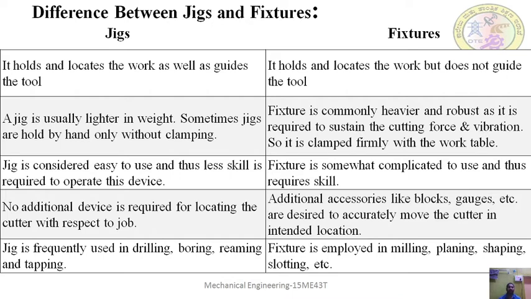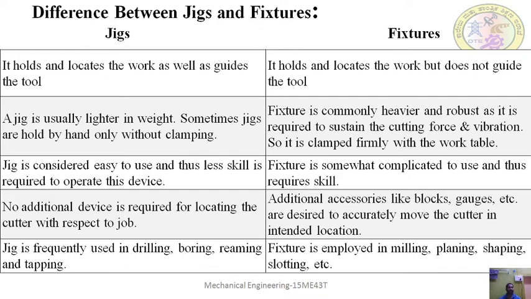So no additional device is required for locating the cutter with respect to the job in the case of jigs, because it is guiding the tool. Additional accessories like blocks and gauges are required to accurately move the cutter to the intended location. So extra accessories are required in the case of fixtures in order to guide the tool, whereas they are not required